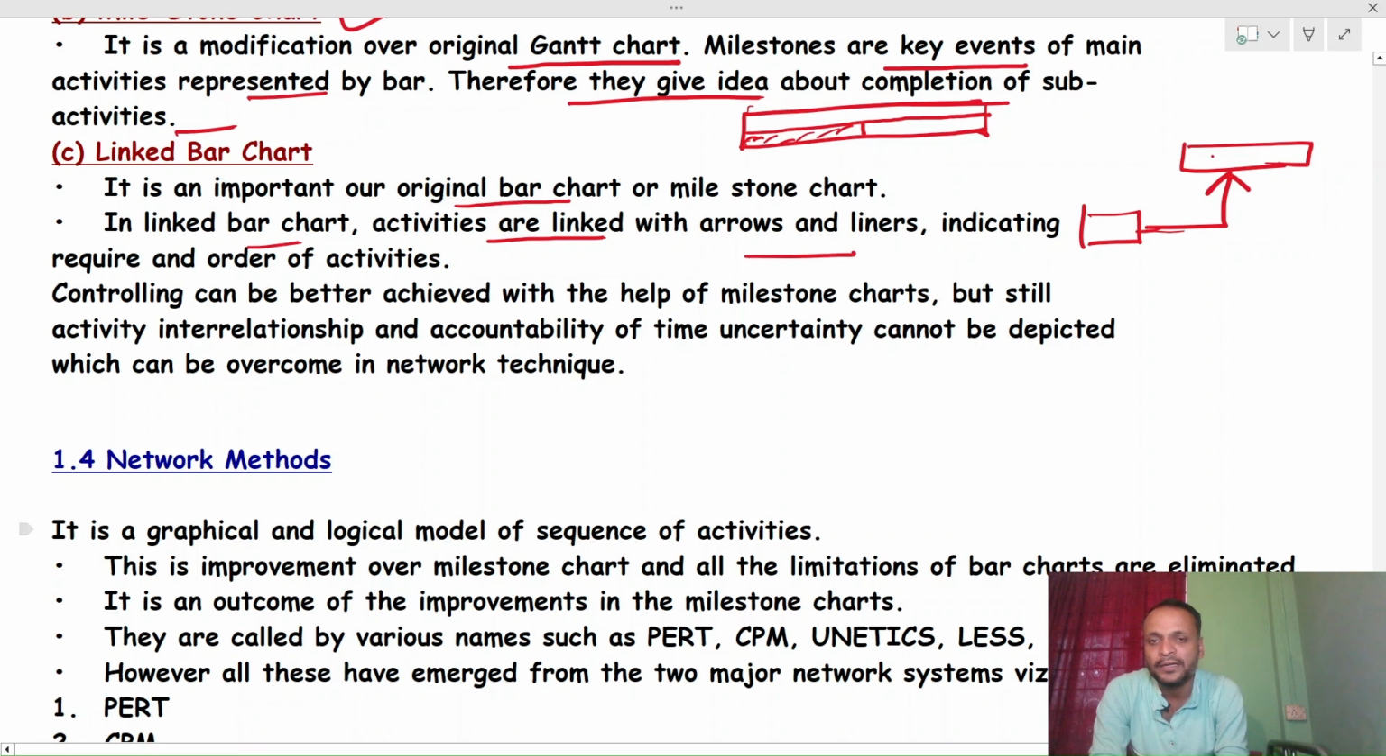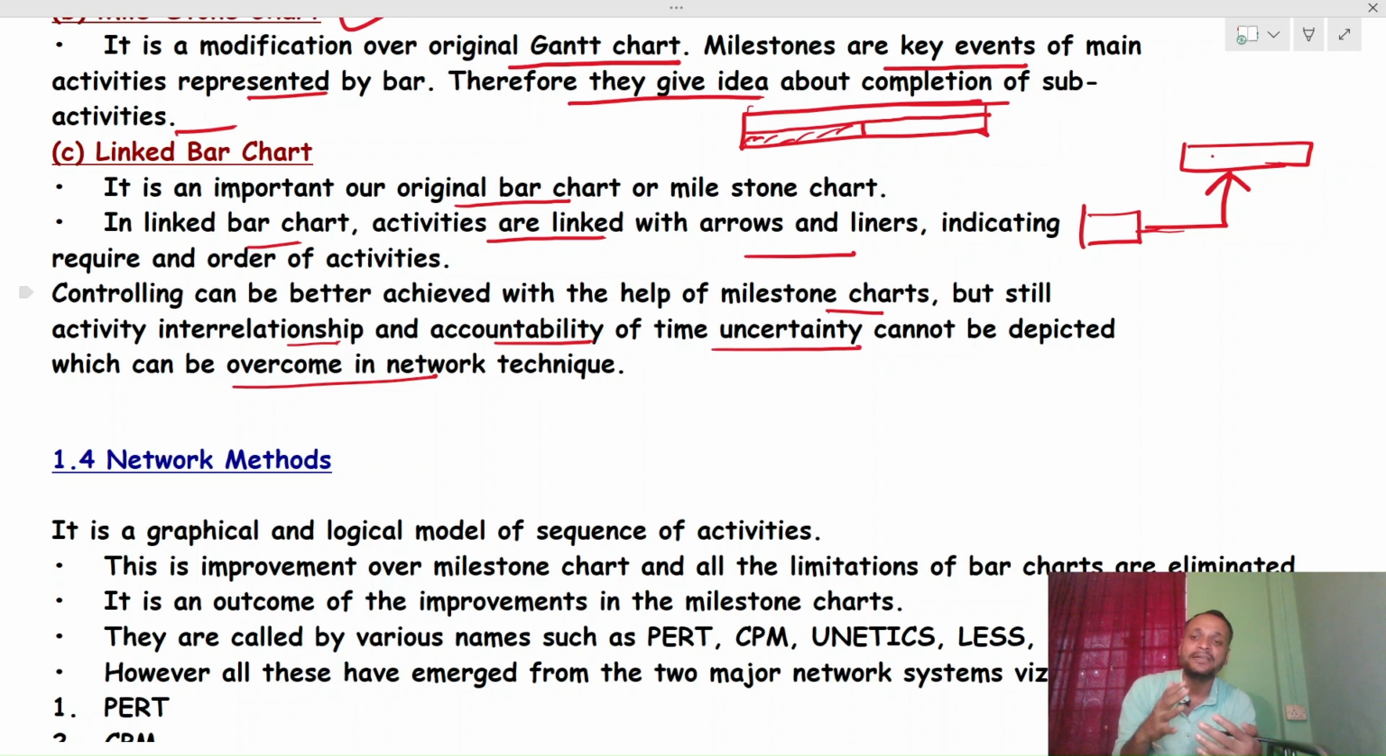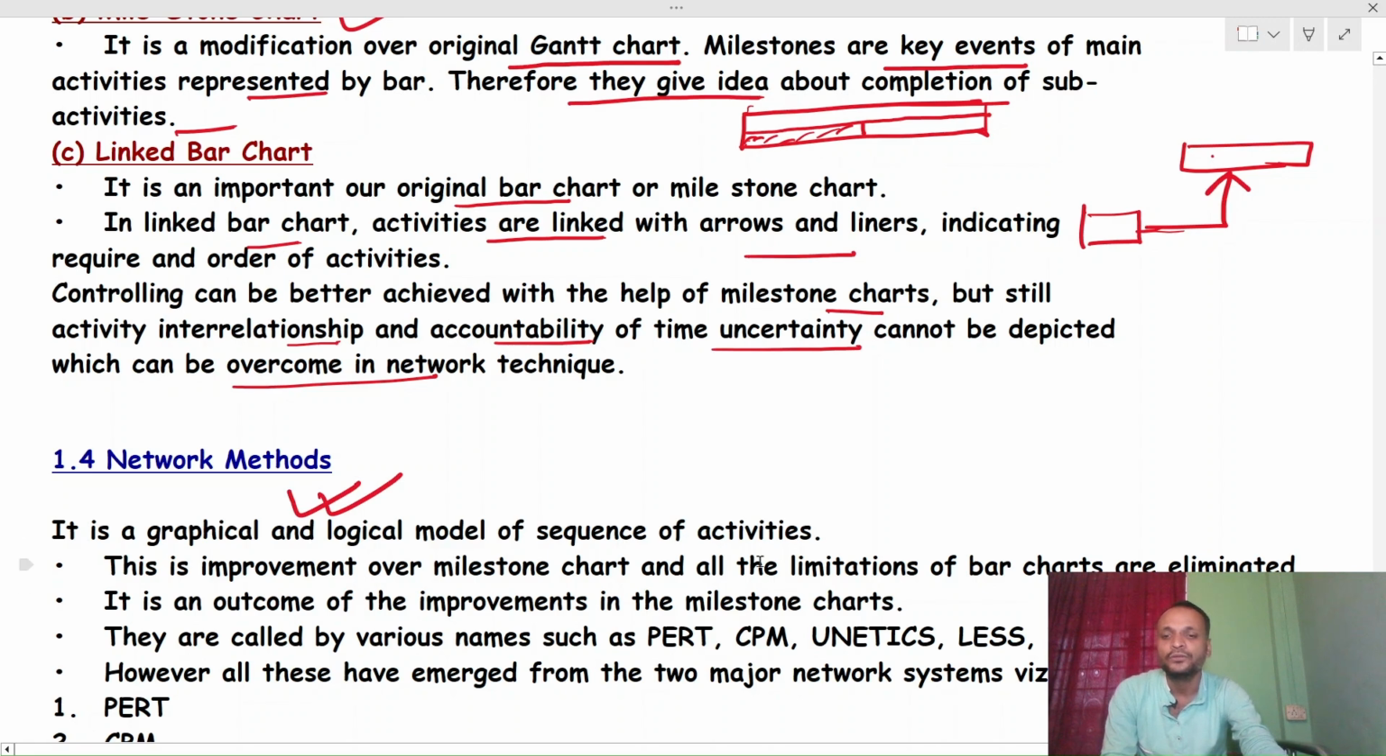So controlling can be better achieved with the help of milestone charts, but still activity interrelationship and accountability of the time uncertainty cannot be depicted, which can be overcome in network technique. So जितने भी बार चार्ट थे, मैंने 3 बार चार्ट पढ़े, तीनों के जो भी डिमेरिट्स थे, जो उसमें इंटर रिलेशनशिप नहीं हो पा रहा था, अनसर्टेनिटी को नहीं एड्रेस कर पा रहे थे, उसको सॉल्व करने के लिए हमारे पास आता है एक नया मेथड जो कहलाता है आपका नेटवर्क मेथड्स। ओके, सो दिस इज द वेरी मॉडर्न